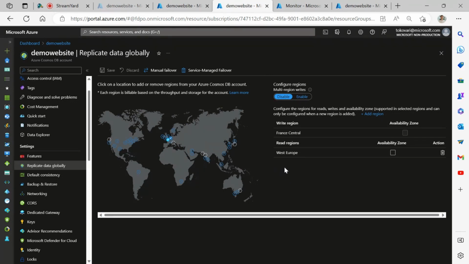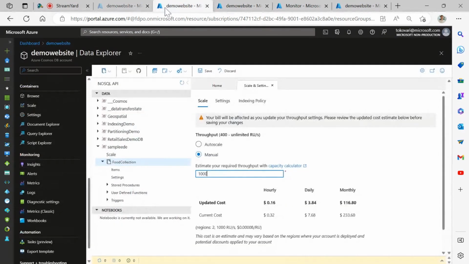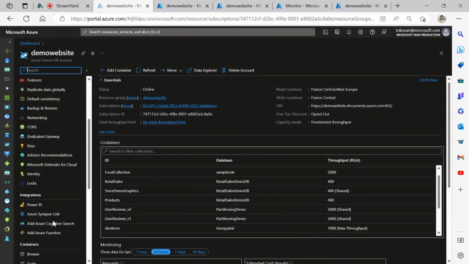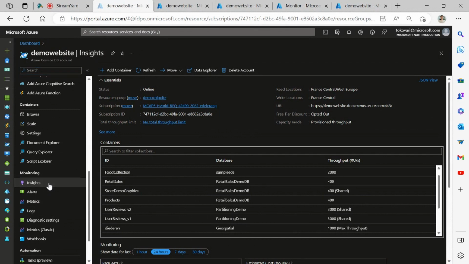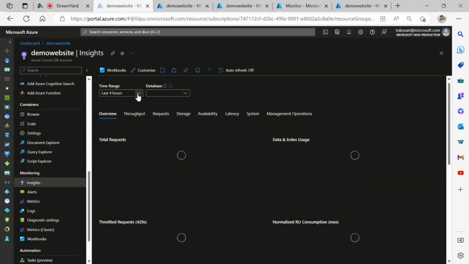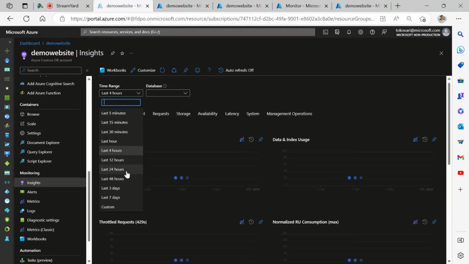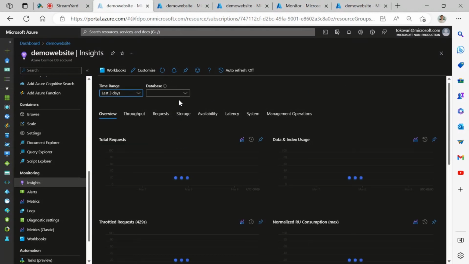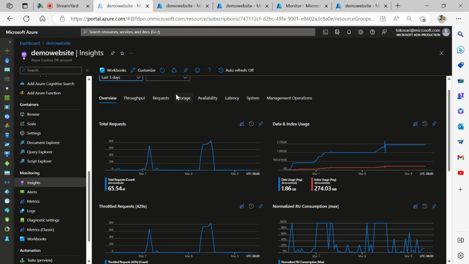Let's switch back to the Insights pane and find out what my utilization is across my 2 regions. Let me first increase the time span to say 3 days, so we get a bit more data in the charts.